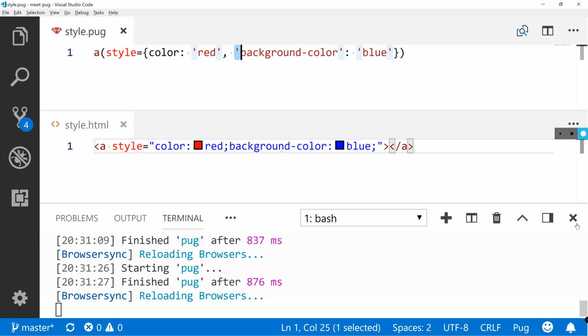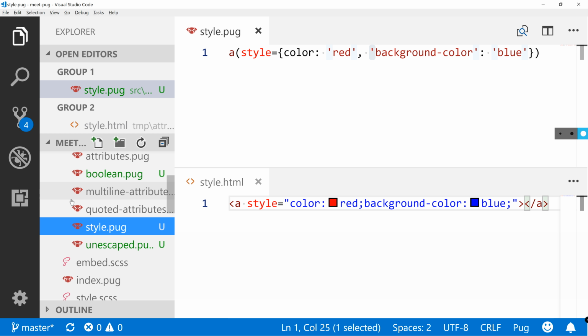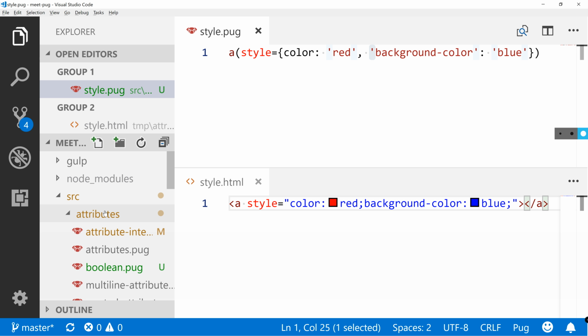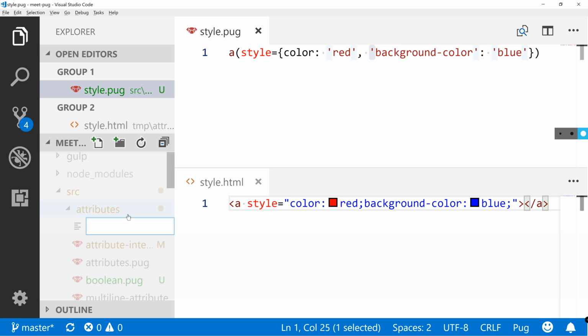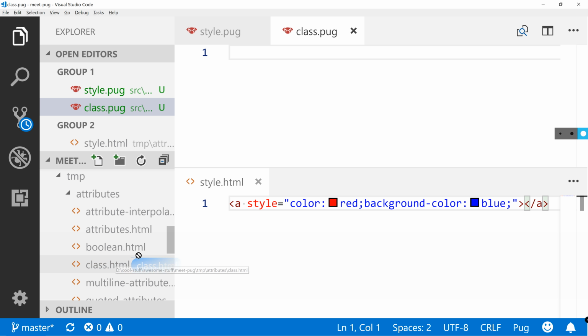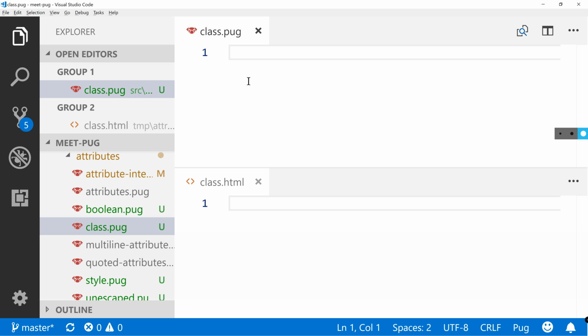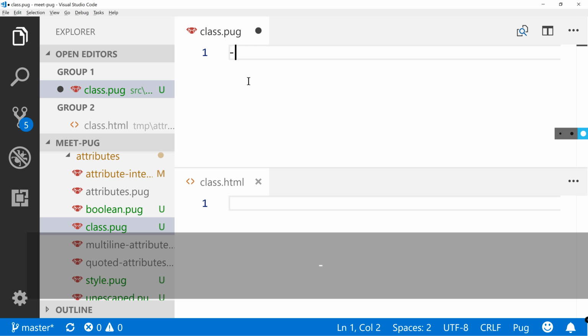Now let's create another one. The class attribute. Class.pug. And open the class. Close that style. So let's create a couple of arrays over here.